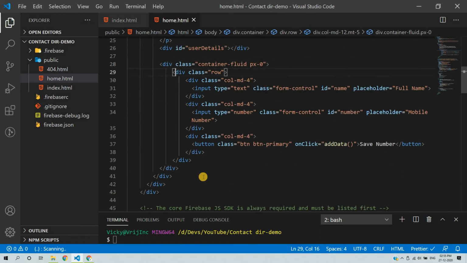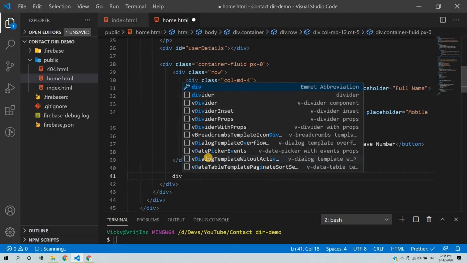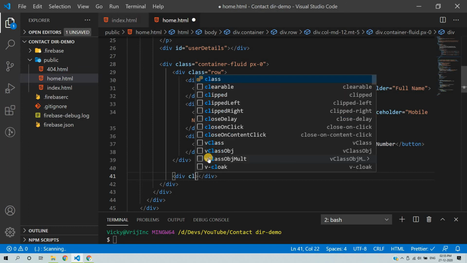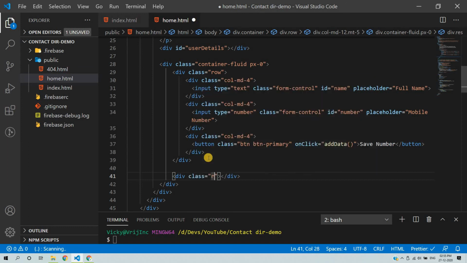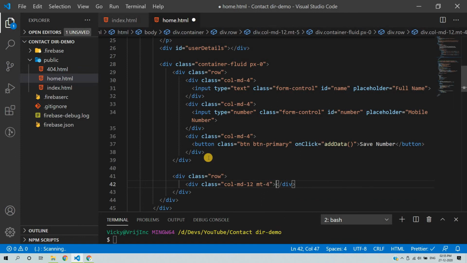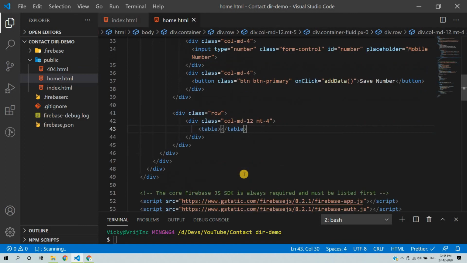We have rows, so we can create another row for the data printing. So we will add a class row, and then we have a column of MD12 maybe. Yes, you can. And then we can add some margin, and here you can create a table.